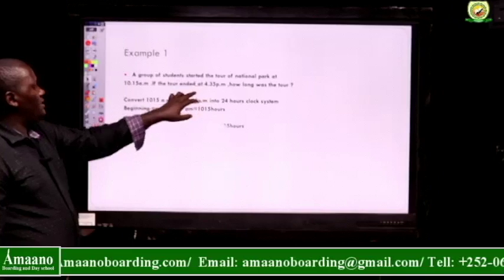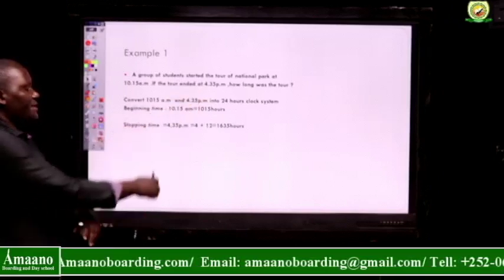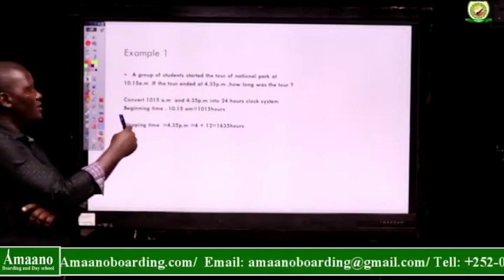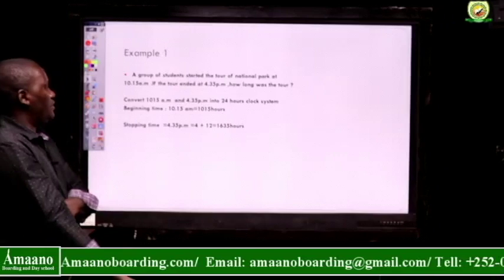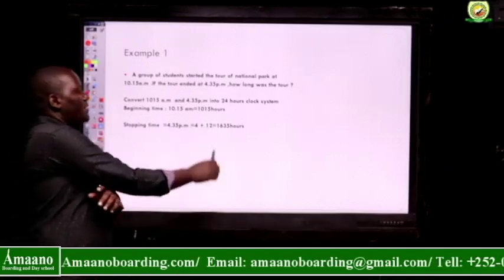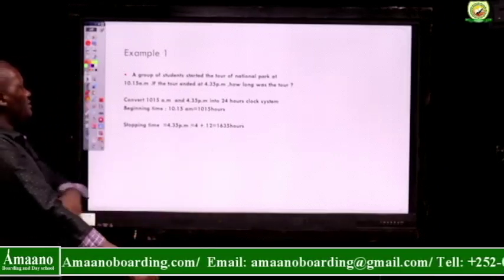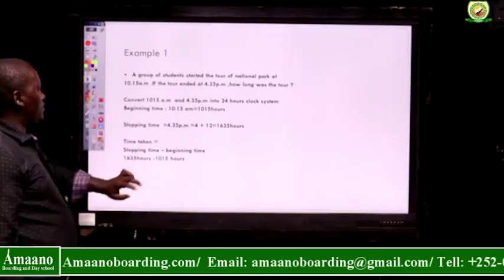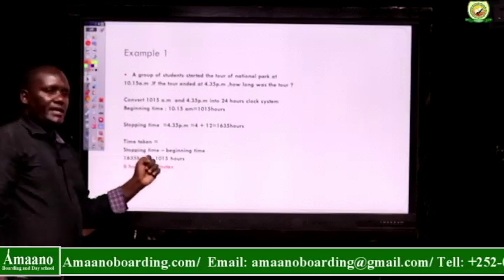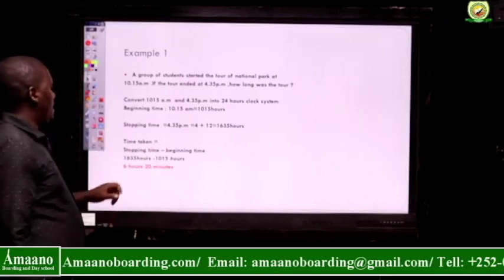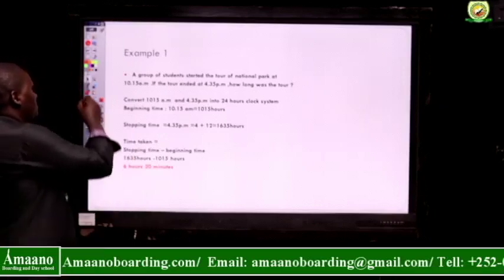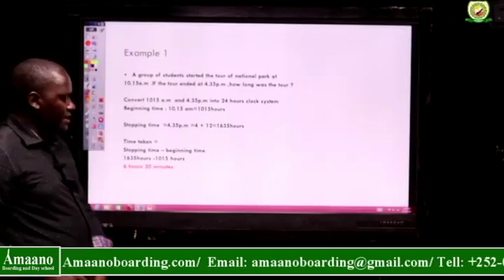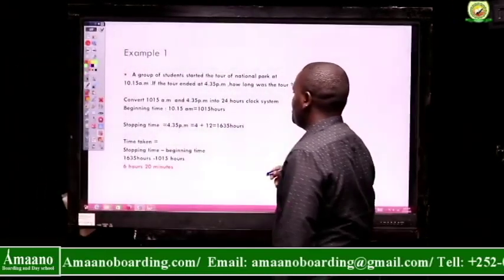Then I go to the time it ended, that's the stopping time, that is 4:35. 4:35, it means this has gone beyond the 12-hour clock system. So that will be 4 plus 12, it will be 16:35 hours. For me to find the time taken equals to stopping time minus the beginning time. I have the stopping time and I have the beginning time. So I will subtract